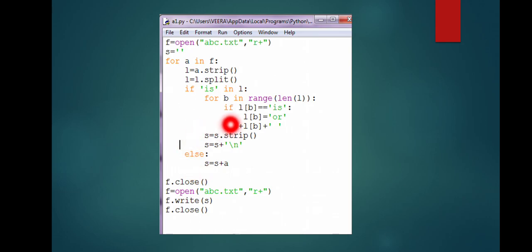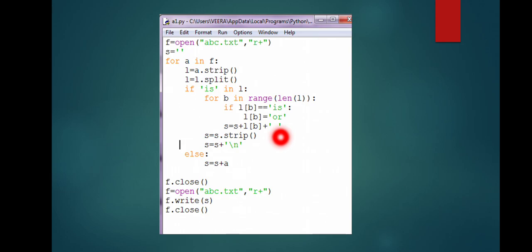Okay. And if "is" exists, what we are going to do is read one by one each element of the list, check it for the occurrence of "is", and replace that location which contains "is" with the word "or". After that, attach that word in the s variable.